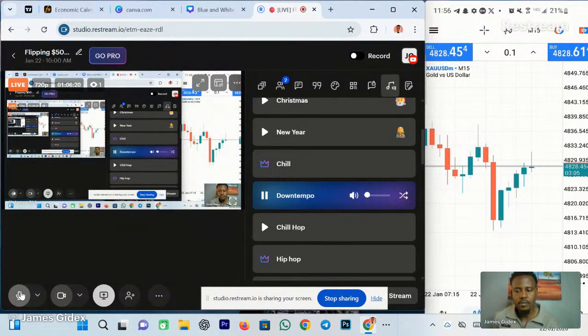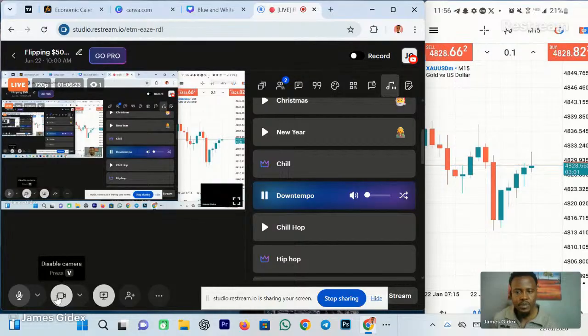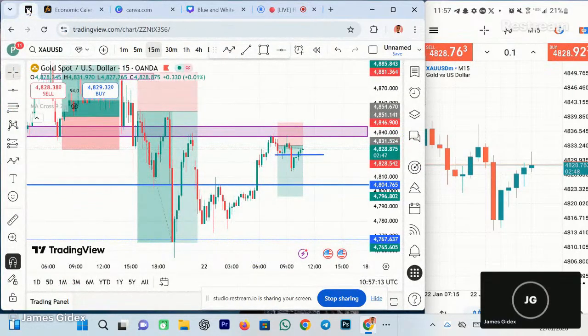Now we need to take a rest and get back again tomorrow, so that you will not end up blowing your account. If the market did not favor you, go back. No one is forcing you to stay in the market. Go back, re-strategize, and get back. So we're going to get back tomorrow and we're going to flip the $500 again. Yeah, I know we're down, but we'll push it up.